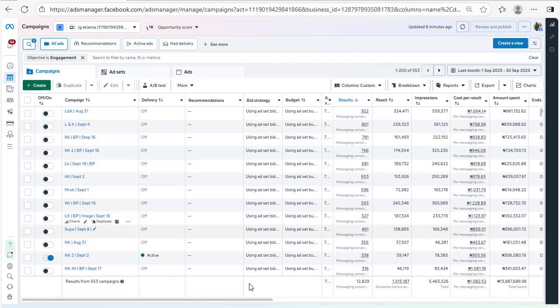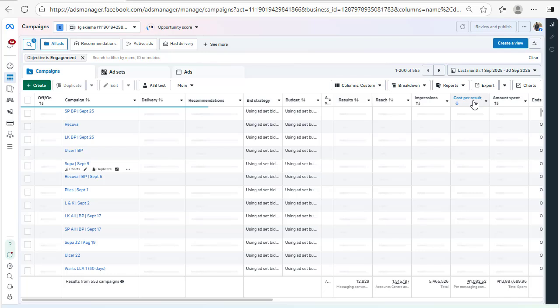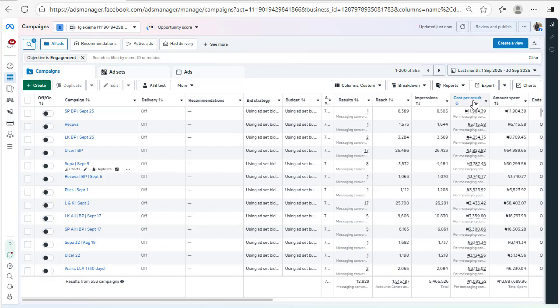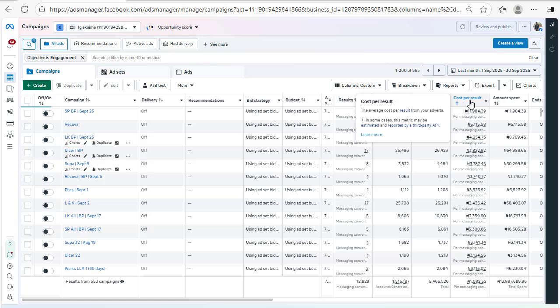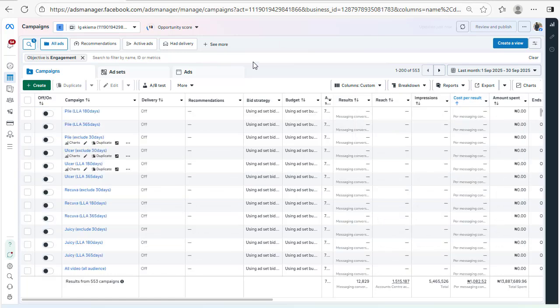Now, if you look at most of all these campaigns that are here, you can see that I've switched off some and some are still active. Which tells you that Facebook would always adjust your scenario as you deem fit. Now, if you toggle it based on the cost per result, you can see that we switch off. So now in this particular campaign, we have 553 campaigns that we tested with before we now have something we can roll with. You understand?